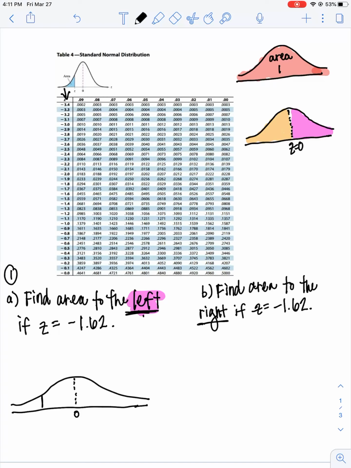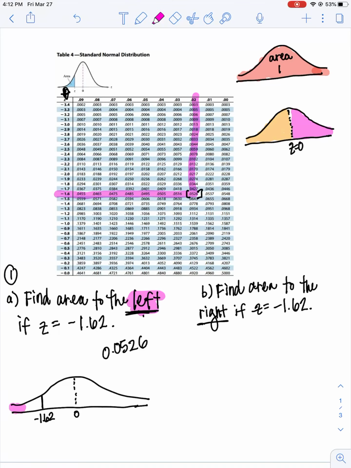That's z equals 0. And I want a negative 1.62, so I want over here somewhere, negative 1.62. And if I look at the z-table, here's my z values right here. Negative 1.6 is right here, but I need to roll all the way over to negative 1.62. There's the 2. So if I look down there right here, that's the number that I'm looking at. So the answer is